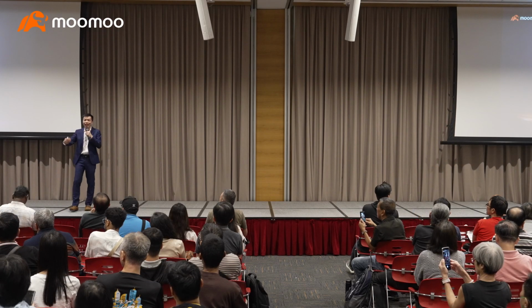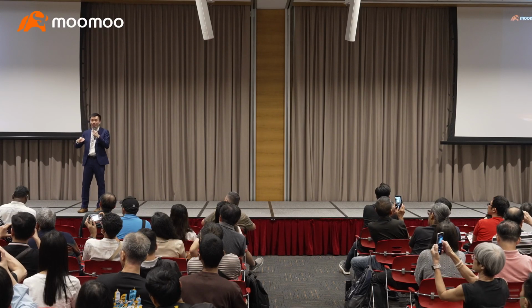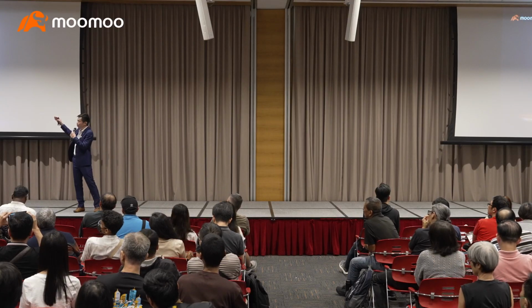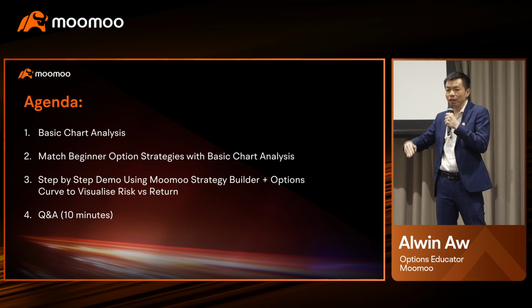So when we talk about buy and hold, right? A lot of people who only know stocks always like to buy and hold. They don't have time for the market. So for buy and hold, we look at the long-term trend, especially for the overall market, 5 to 10 years.